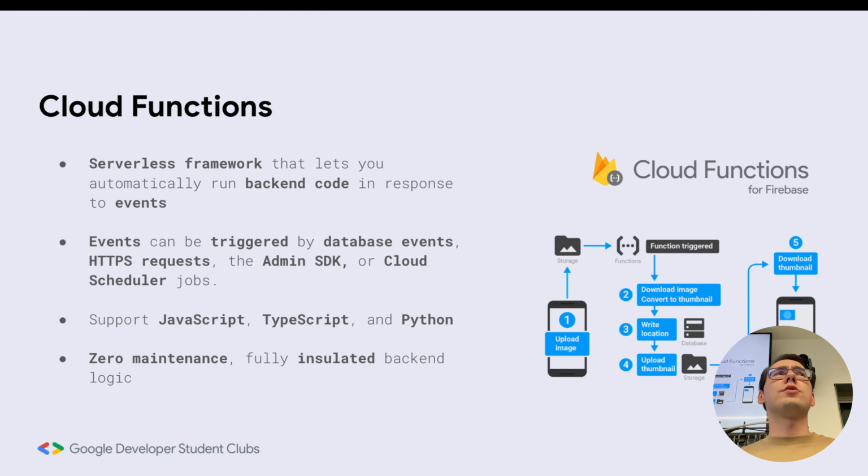So if you don't want to use AWS to set up Linux and everything else to deploy your simple thing that, for example, does, I don't know, authentication, sending messages, something, you can use JavaScript, TypeScript, or Python to code a cloud function, which is a serverless framework, meaning that it is not running on a server. It is running on an instance allocated on Google service. So Google gives you a little space on their server where you can run a little bit of code, and by doing that, you don't have to pay as much as you would pay for AWS,